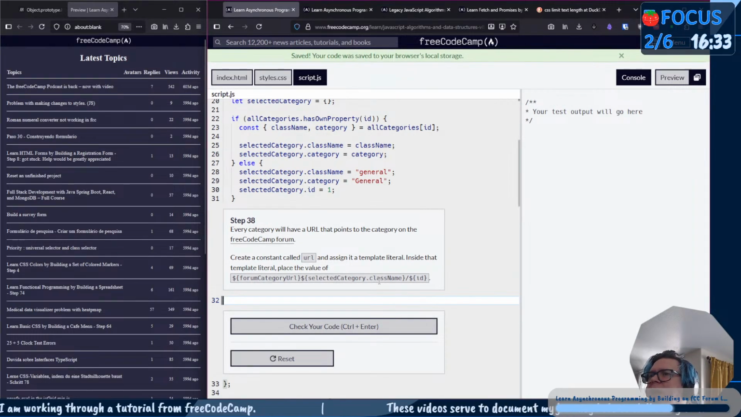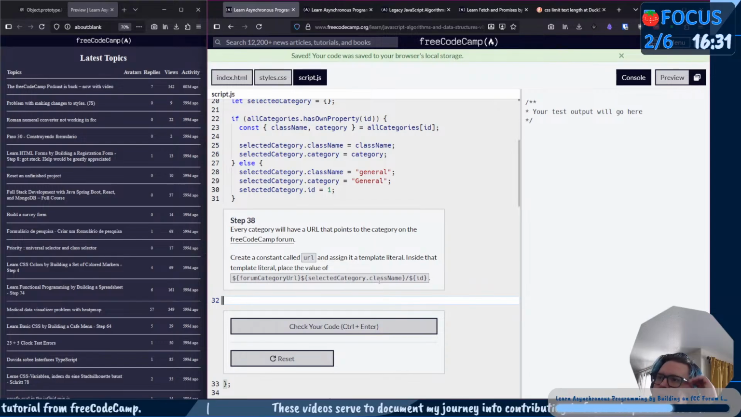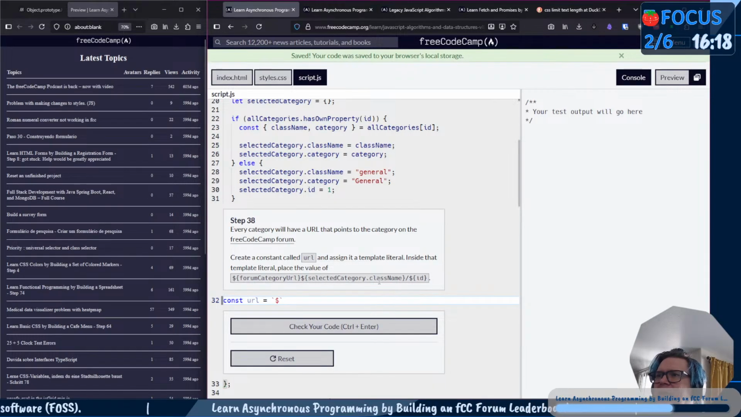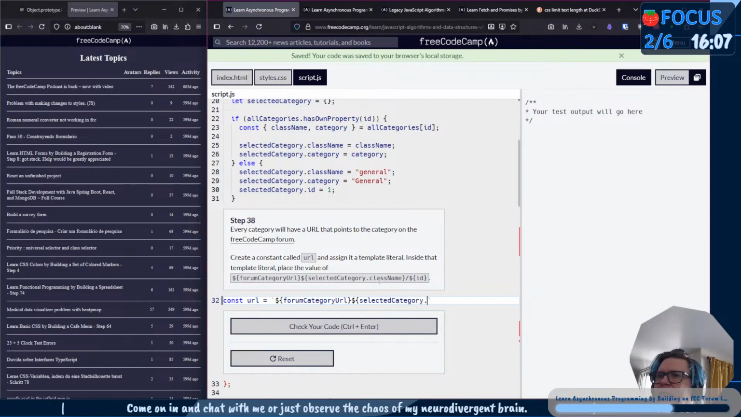Okay, and then so how are we displaying this on this thing here? Every category will have a URL that points to the category on the freeCodeCamp forum. So we're going to create a constant URL and assign it a template literal. And in that template literal, we're just going to take the forum category URL that we declared earlier, and the selected category.class name that we grabbed and assigned from